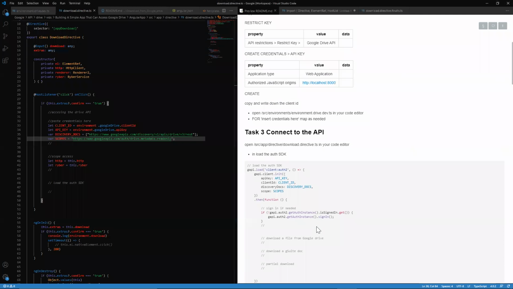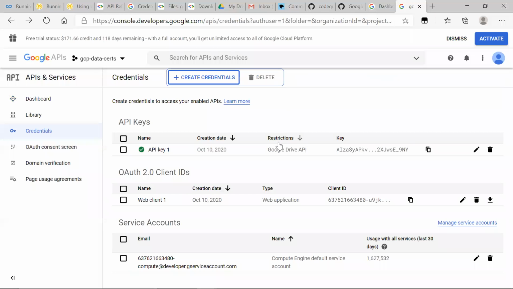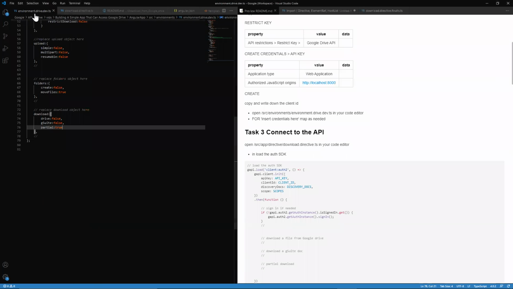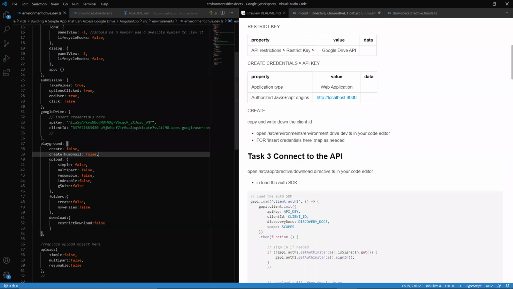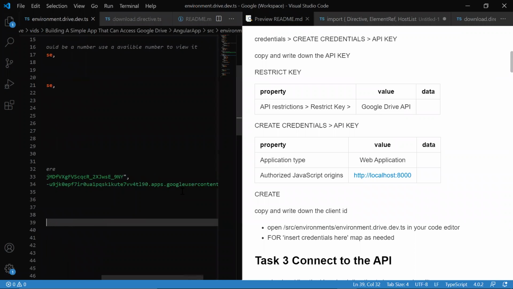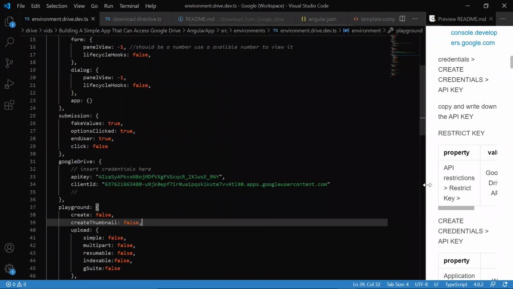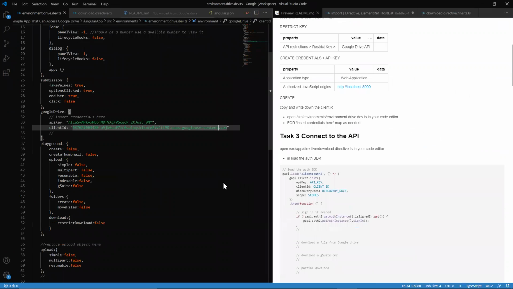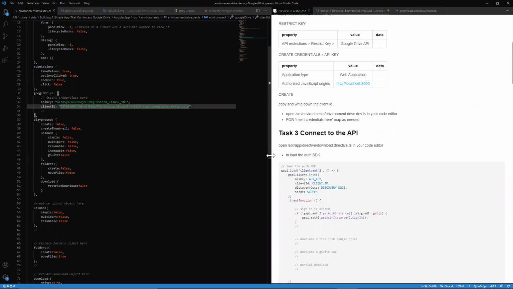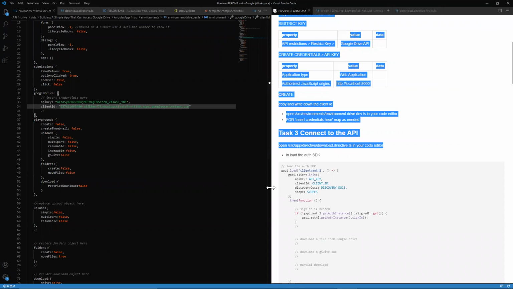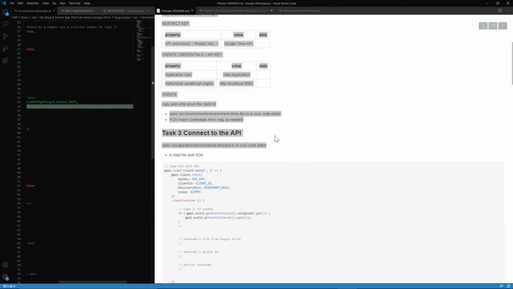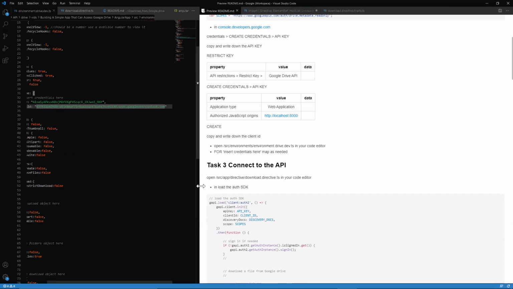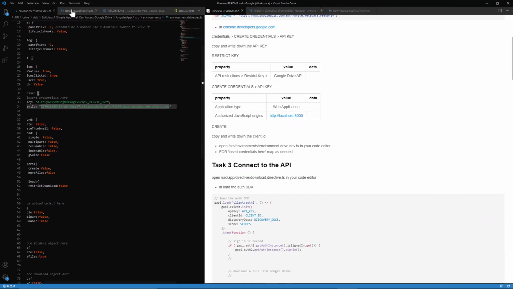So what we want to go ahead and do after that is copy our API key as well as our client email. They call it ID. I like to call it email because if you take a look here, it actually looks like an email. So we go ahead and paste it in source slash environment and environment.drive.dev, a TypeScript file, and now our app has the credentials that it needs to go ahead and work with